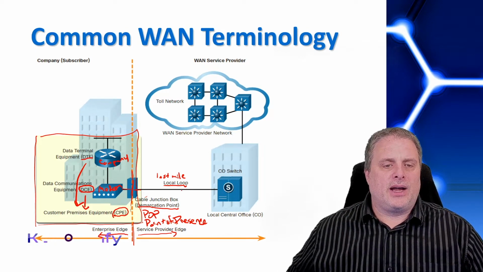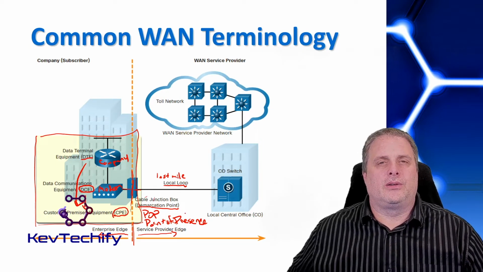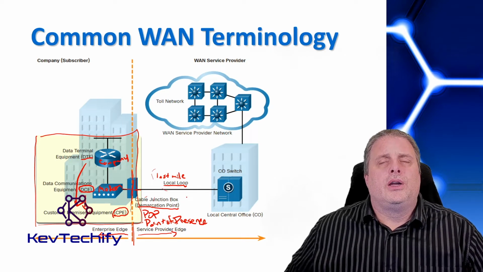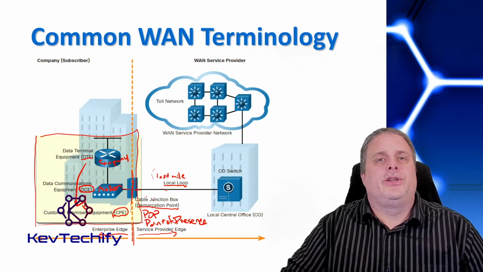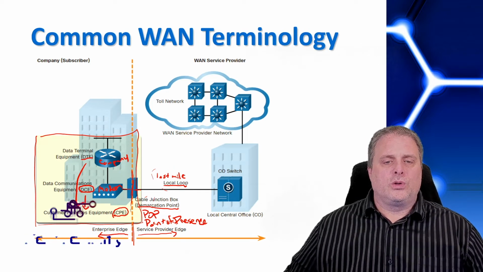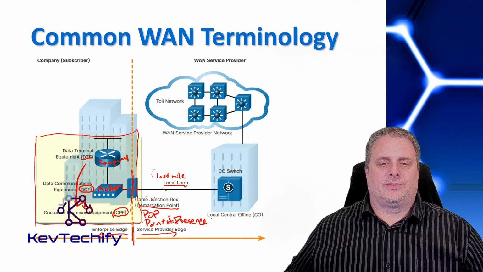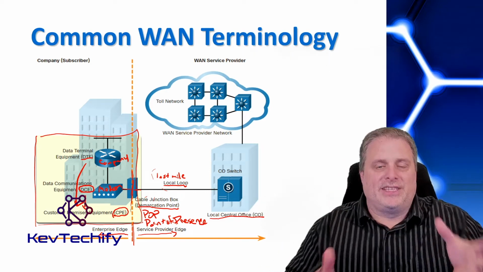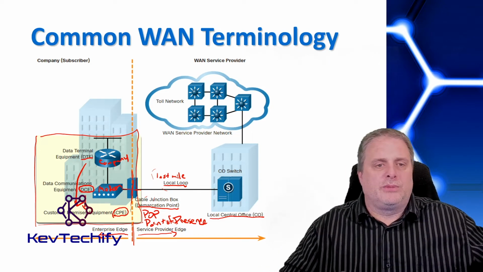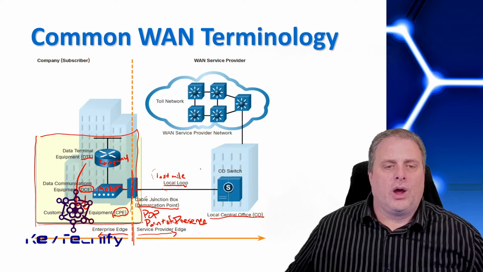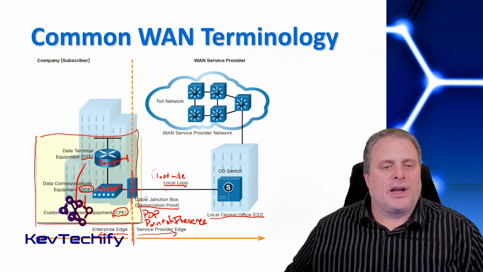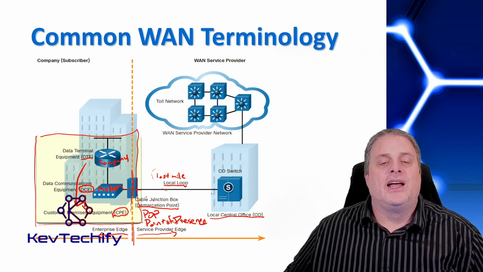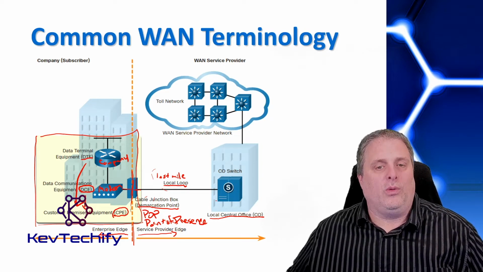This local loop or last mile is usually the responsibility of your service provider, but sometimes it's not. And so make sure when you're looking for your service provider, you understand whose responsibility that local loop is. Then this local loop connects into the central office. This central office is the provider facility, or it could be a building, that connects the customer premise equipment to the provider network. So the customer premise equipment, your company, goes through the local loop, that last mile, and connects into the central office. That's where they connect you into their network.